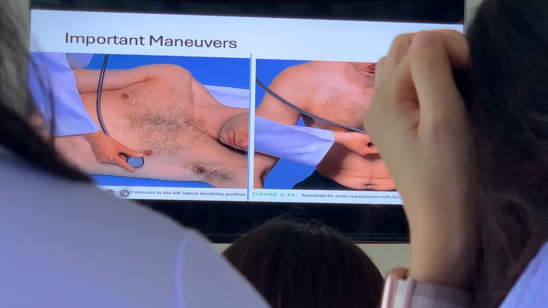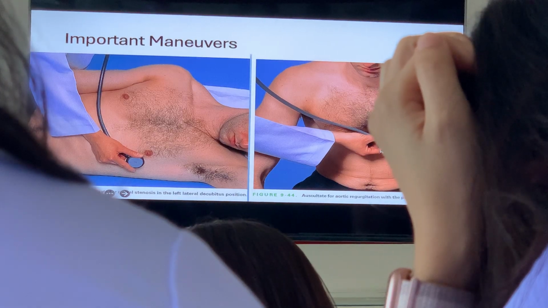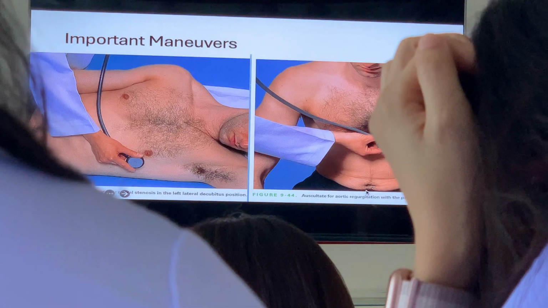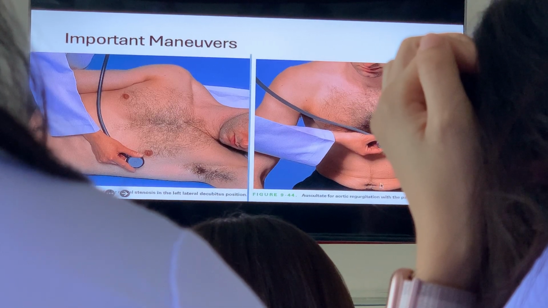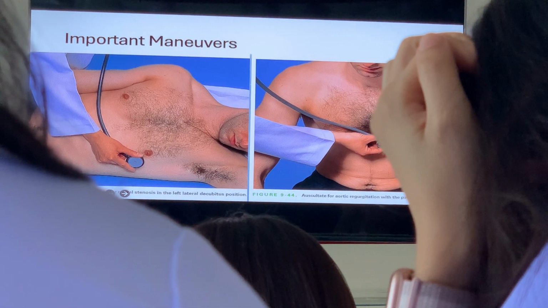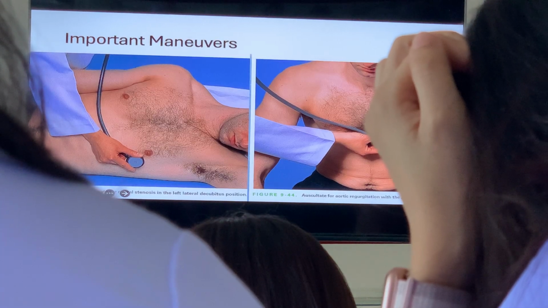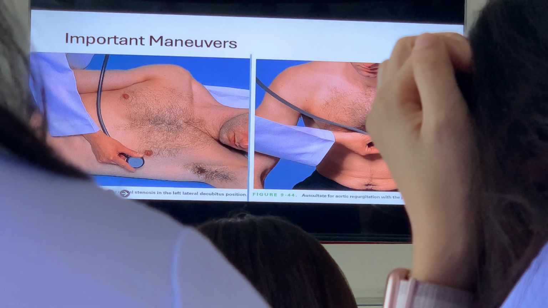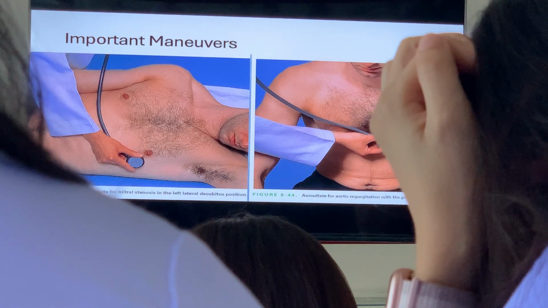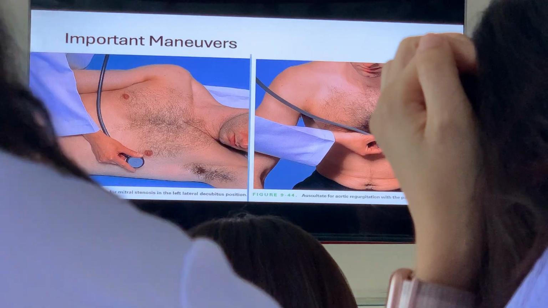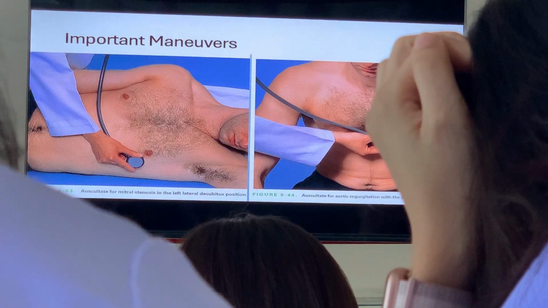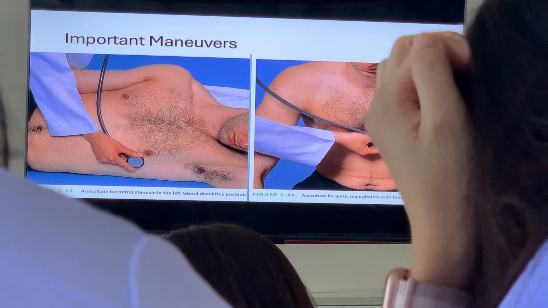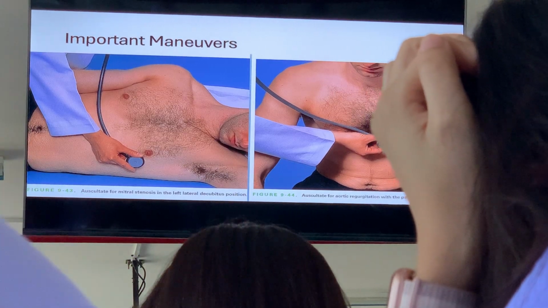Now, for aortic regurgitation, where is the aortic area located? Second intercostal space, left or right? Right, okay. So you ask the patient to sit up and lean forward. You can see in the diagram, that brings the valvular area closer, so you can hear it better. You press the diaphragm of your stethoscope on the chest, and you listen along the left sternal border and at the apex, pausing periodically so the patient may breathe.